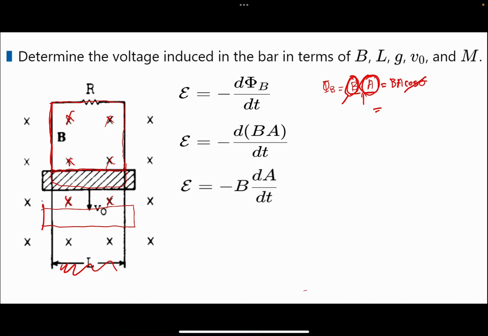So the only thing that remains there is the area, and that is what's changing. So I will be taking the time derivative with respect to area. Now, how is that area changing? Well,